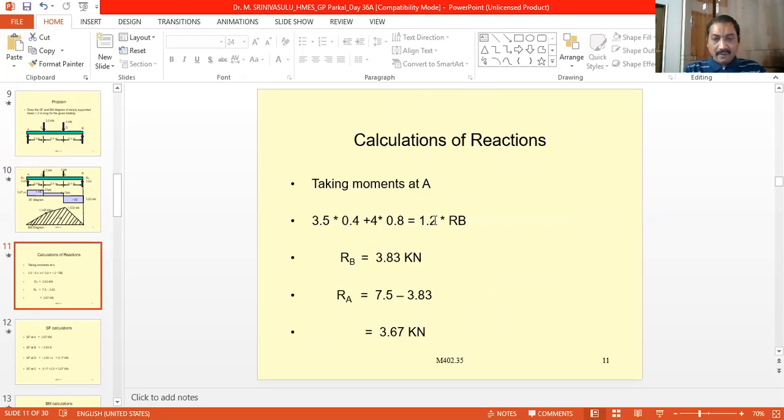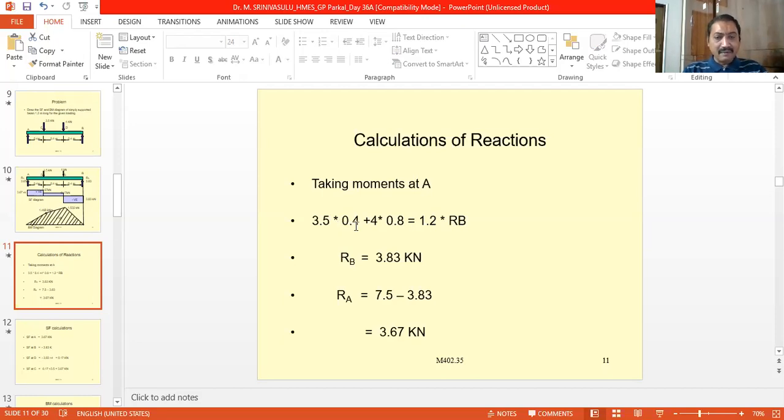Or if we bring this here, what is happening? So 1.2 into RB minus 3.5 into 0.4 minus 4 into 0.8 equal to 0,